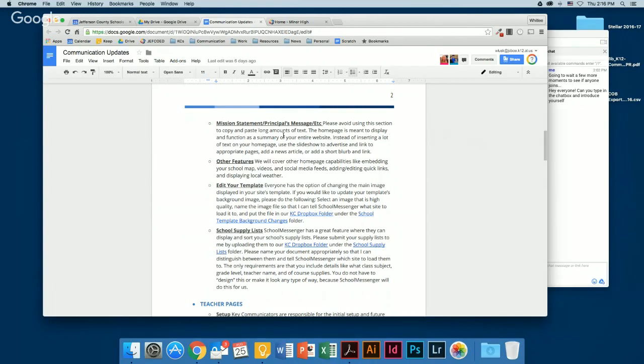However, just for best practices for maintaining your home page, the home page is meant to display as a summary of all the things that are going on within your website. So I know with the old websites we couldn't do anything with them, so we would just put whatever we could on the home page.